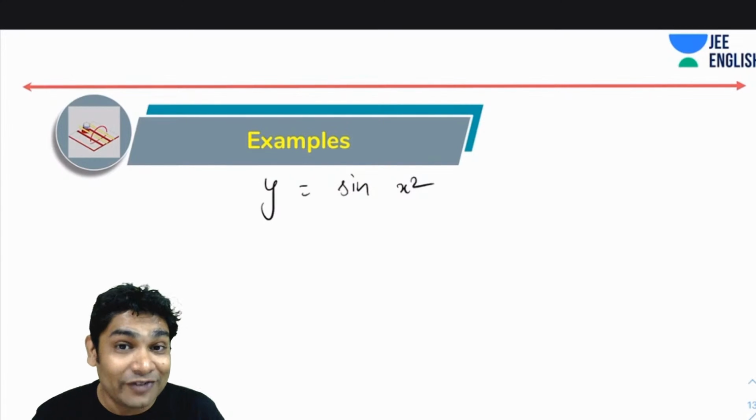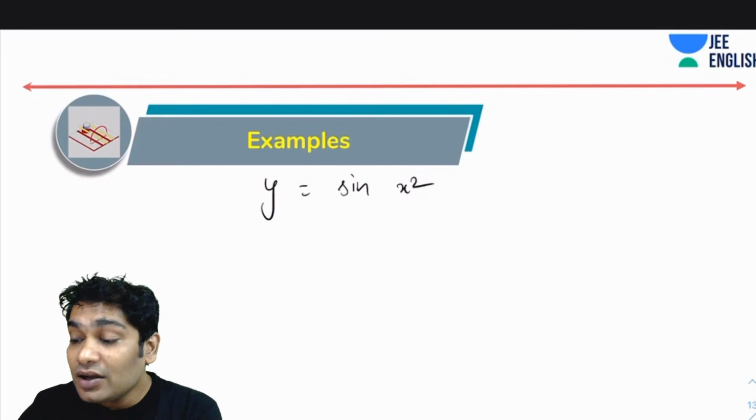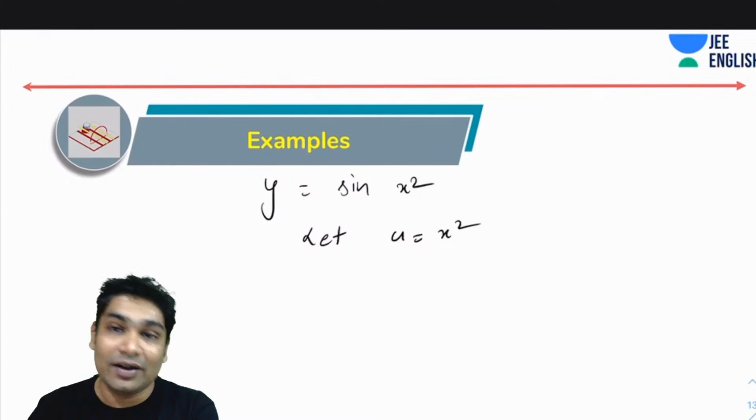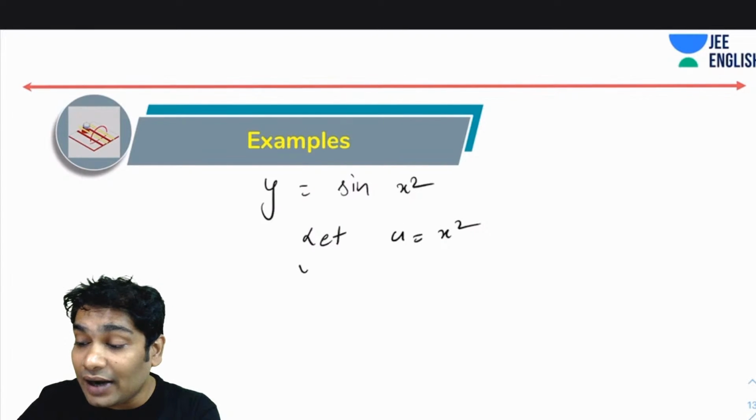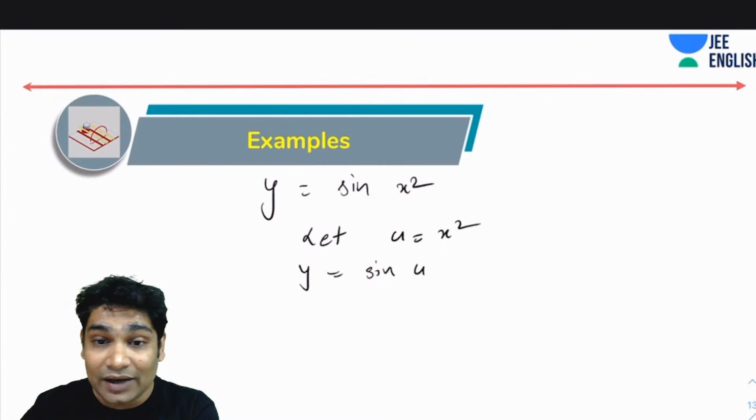If it had been sine x, then I would have calculated it. So what do you do here? You assume, you say let u equal x square. Now you can write your y equals sine of u. Now once you do that,